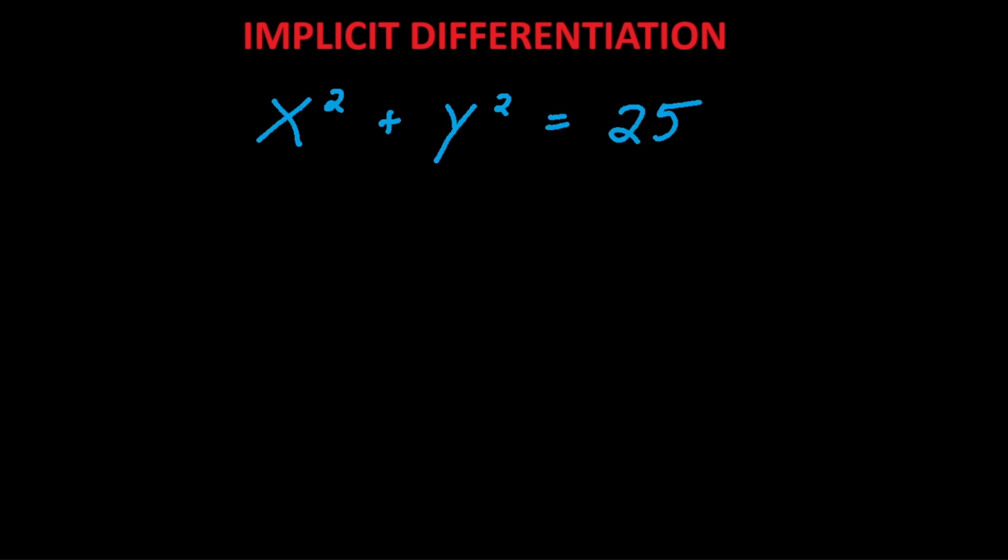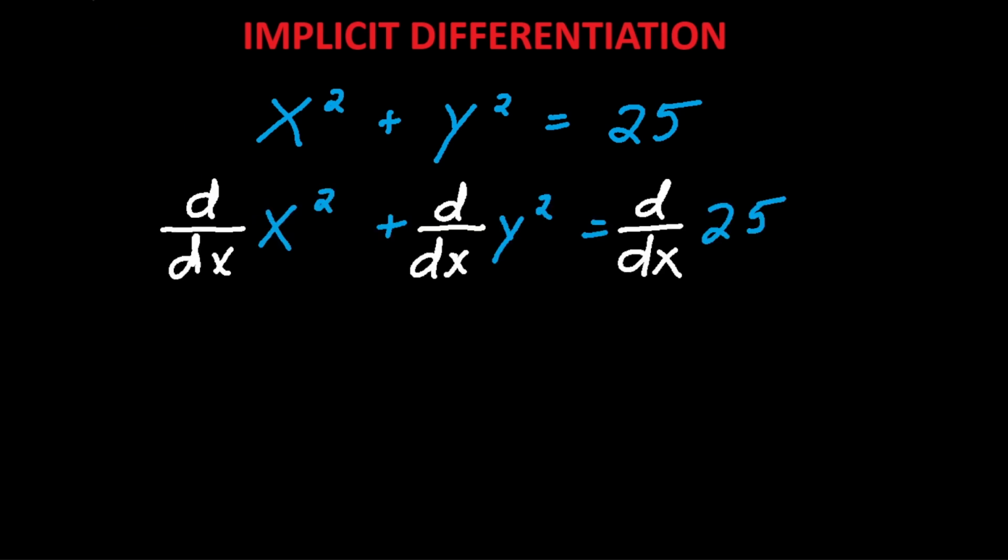What we have here is the equation of a circle with a radius of 5, but it's not solved in terms of y. There are times where you can solve for y, and then there are times where you can't. This allows you to find the derivative of this equation without changing anything. And we start this by taking the derivative of each term individually. Now, the derivative of x squared is simply 2x